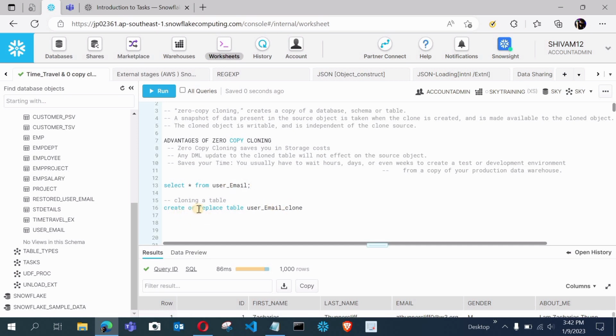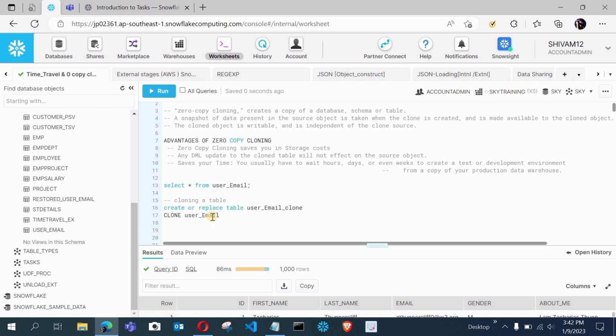So for cloning a table, you simply give create or replace table user email clone. I am giving this name to the cloned table so that it will be understood that this is the cloned table and this is the source table. After that you have to give the keyword clone, and after that the table which you want to clone.